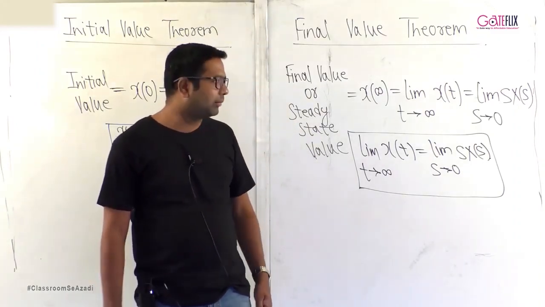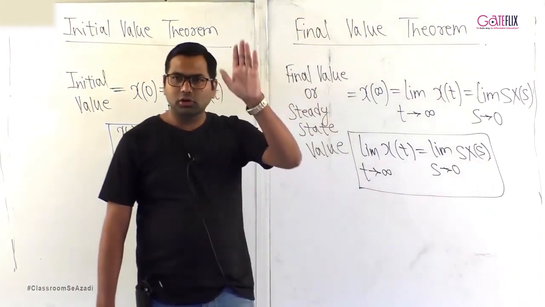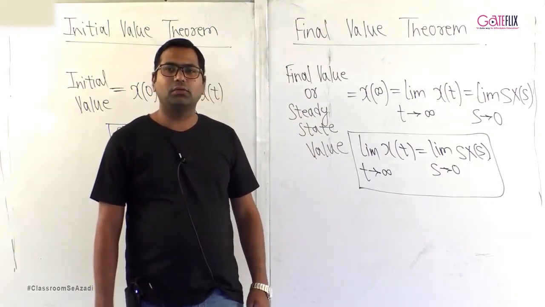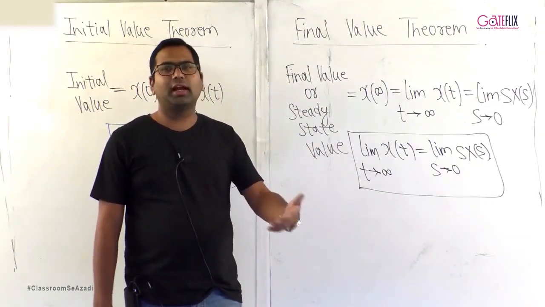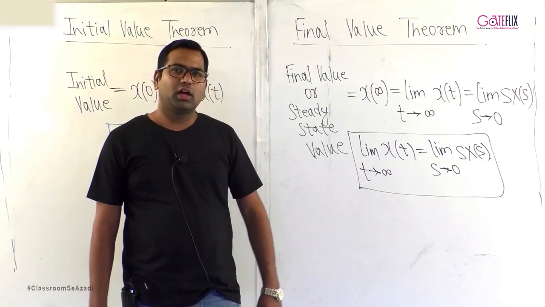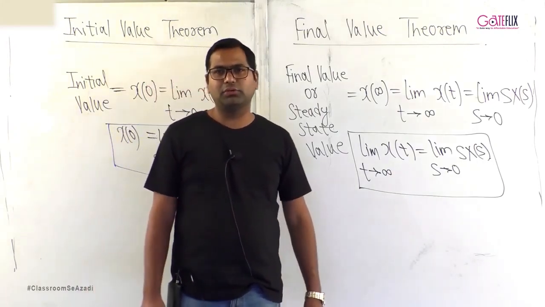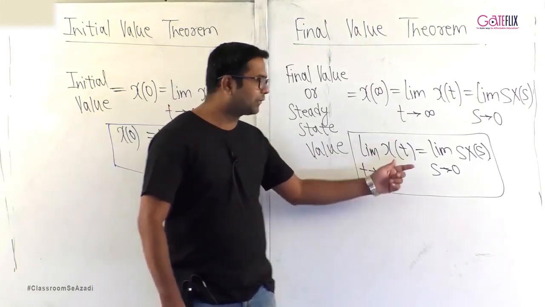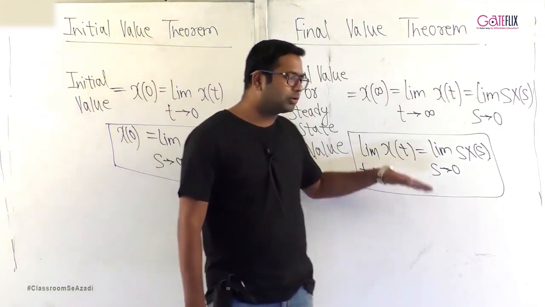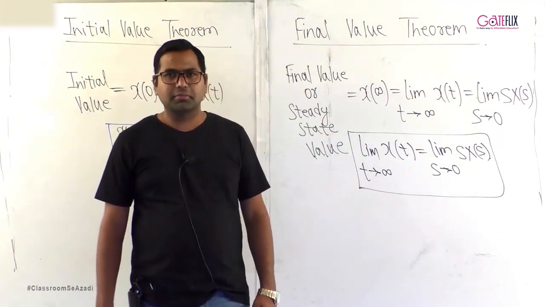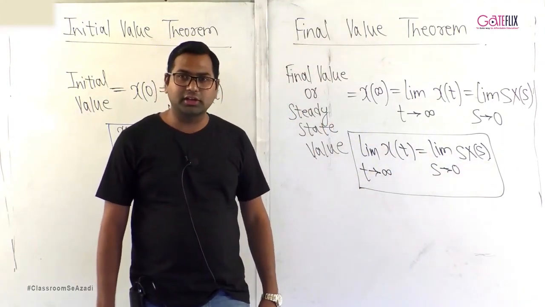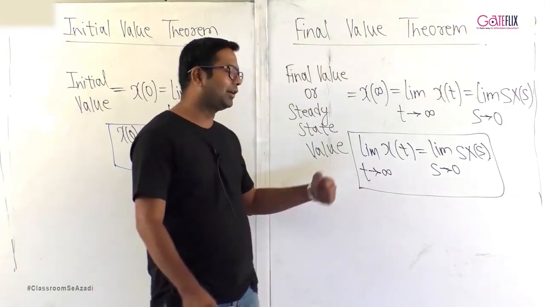The third point that you have to remember is if capital X of s has poles on the j omega axis, then the final value lies always between +1 and -1. And in that case also, this formula should not be used. Therefore, I would repeat the 3 points that you have to remember about the final value theorem. First point is, use the final value theorem if the poles are to the left hand side. If the poles are to the left hand side, the final value theorem will give you the final value of the signal. Second point, if the poles are to the right hand side, then the signal is unbounded, the final value does not exist. In this case, you should not use the final value theorem.